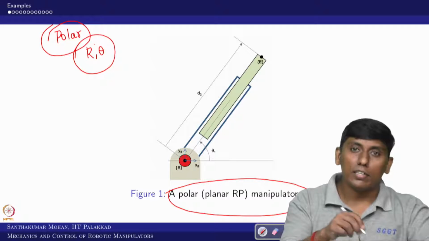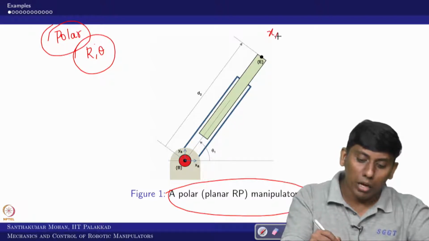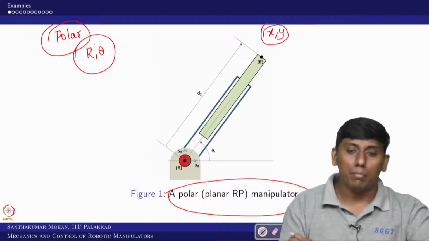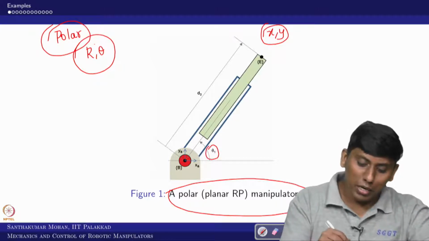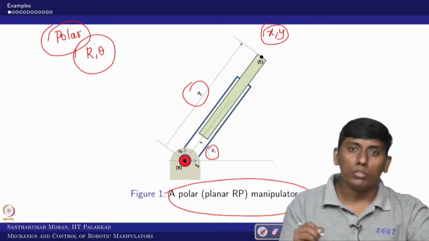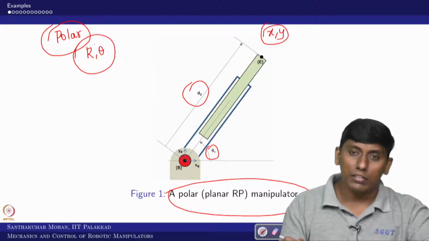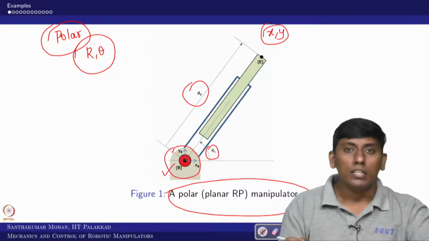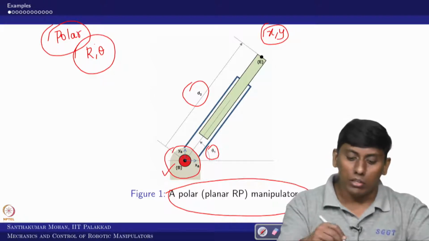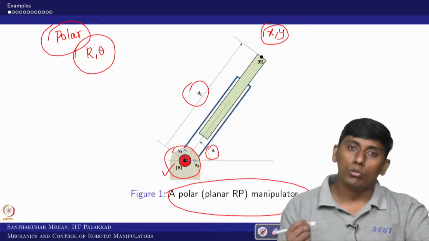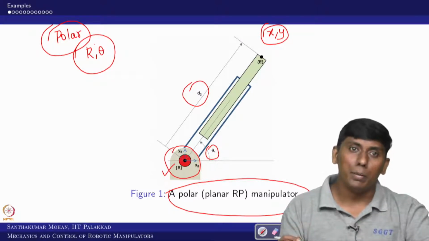So that is why it is called a polar manipulator. In this planar case you want to get xy translations, and it can be obtained by changing theta 1 and d2. This is the main benefit. Now for the reference frame, we take xb and yb, which is given. We have to construct the frame arrangement for this given RP manipulator. There are several ways, and two of them are normally used by people.